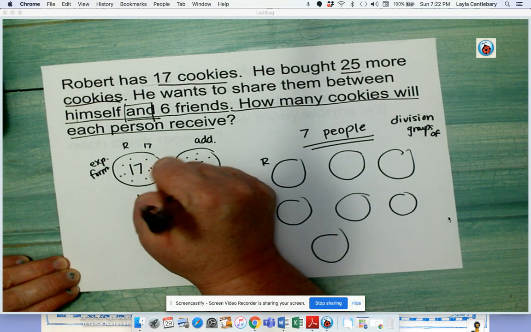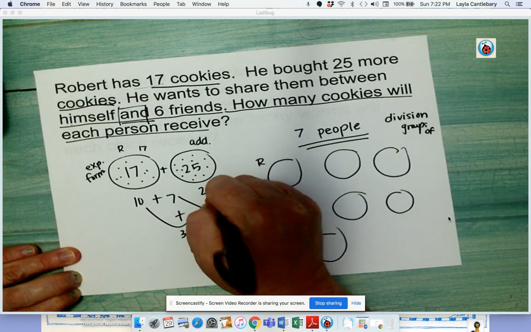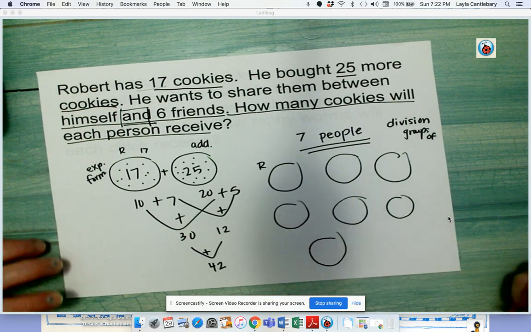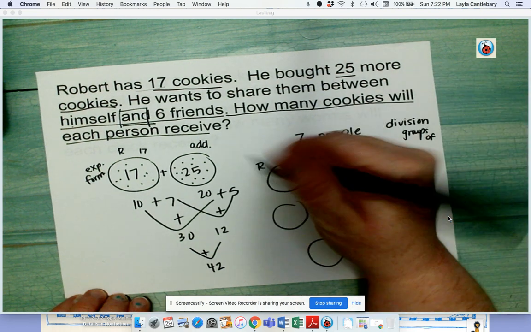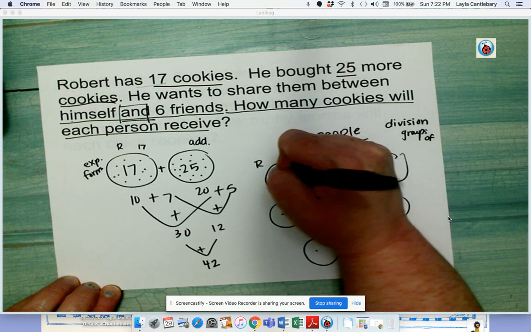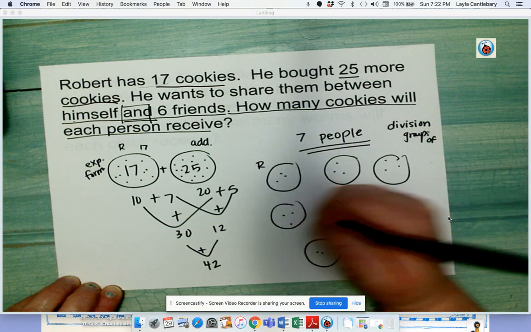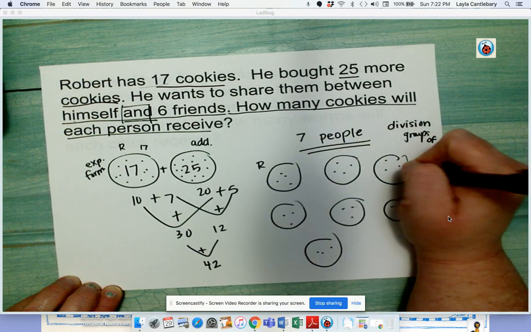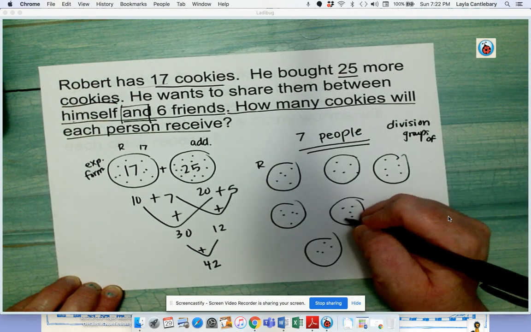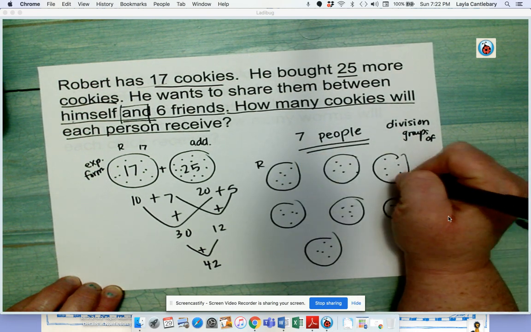So 10 plus 7, 20 plus 5. 10 plus 20 is 30. 7 plus 5 is 12. 30 plus 12 is 42. All right, and so now I'm going to separate them between 7 people, right? 1, 2, 3, 4, 5, 6, 7, 8, 9, 10, 11, 12, 13, 14, 15, 16, 17, 18, 19, 20, 21, 22, 23, 24, 25, 26, 27, 28, 29, 30, 31, 32, 33, 34, 35, 36, 37, 38, 39,